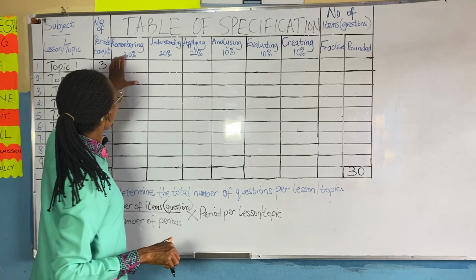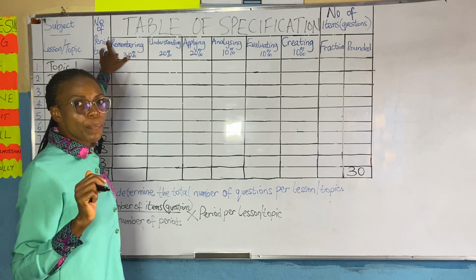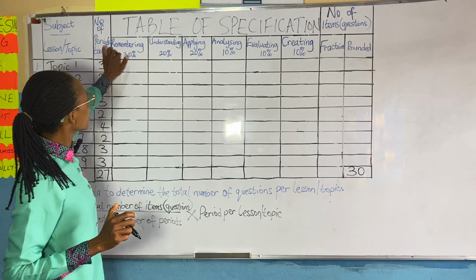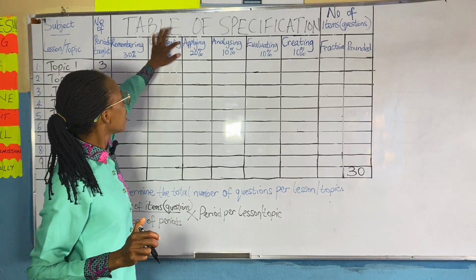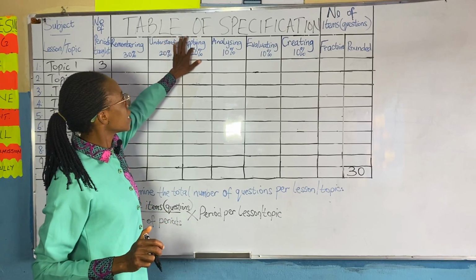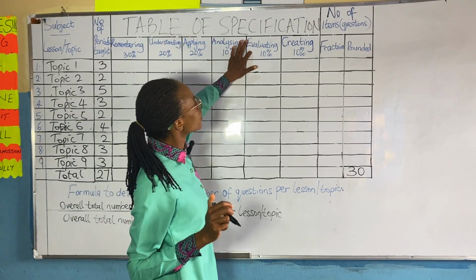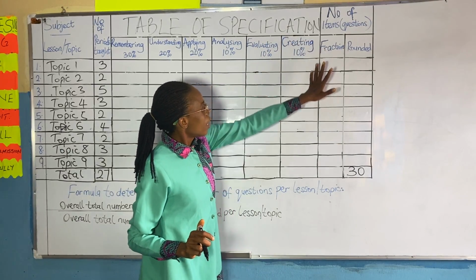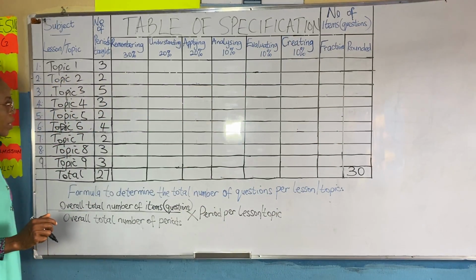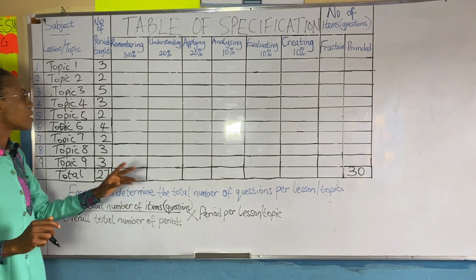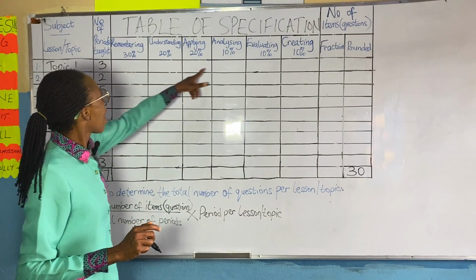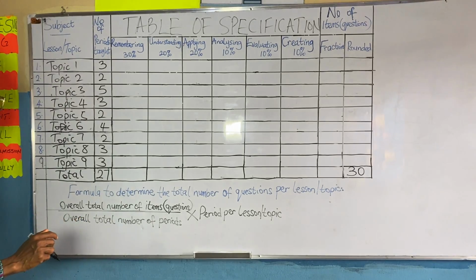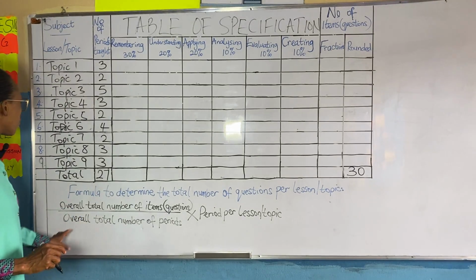So, for each level, there's a percentage that is allocated to each. For remembering, you have 30%, understanding, you have 20%, applying, you have 20%, analyzing, you have 10%, evaluating, you have 10%, creating, you have 10%, and that covers the 6 areas. So now let's see how to determine the number of questions per level and per topic. Okay, so there is a formula to achieve that, and that formula is